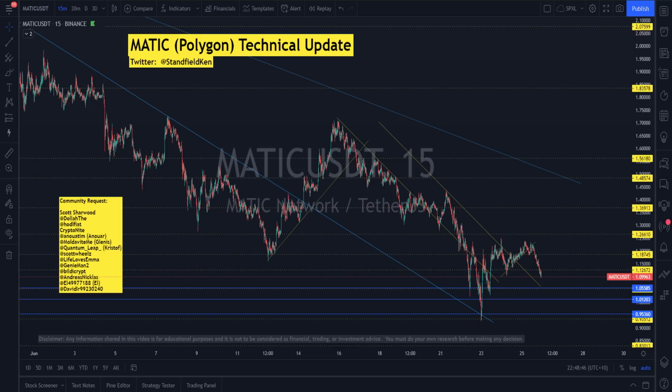Let's have a look at Polygon, Matic. We can see that Matic was exhibiting a lot of strength previously, has sold off quite heavily. We could say that Matic has become problematic. Sorry, had to put it in. Currently Matic is trading at 109.747. It has a lot of support, structural support below it, 3 levels of structural support at 1.05585, at 1.01203, and at 0.95360. This is not bad.